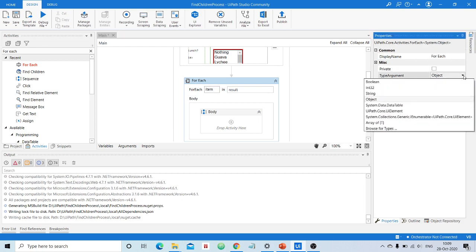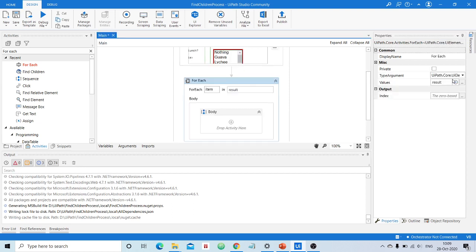Instead it should be UIElement, because as I said, we have IEnumerable collections, and the individual items in that collection are of type UIElement. So please don't forget to change this type, otherwise you will get an error.